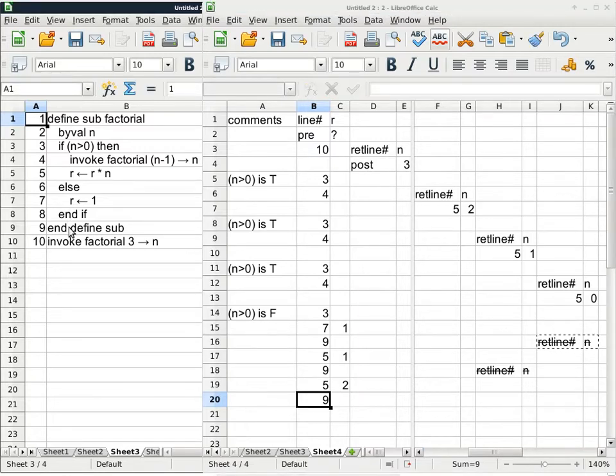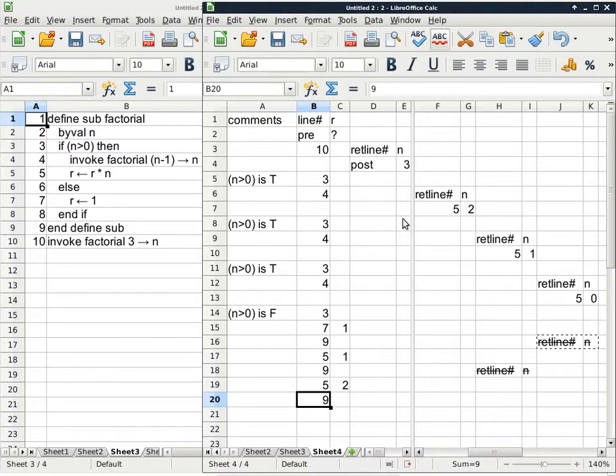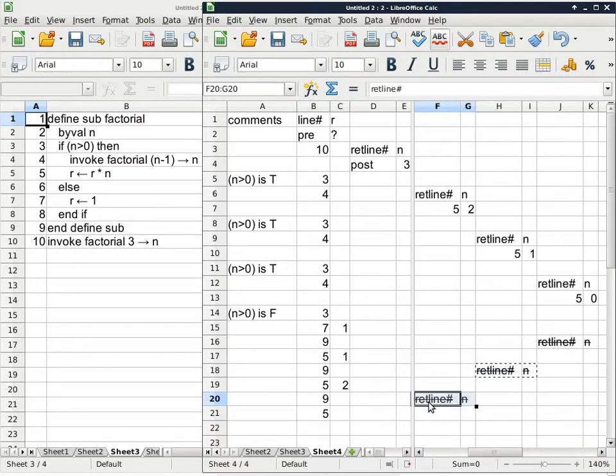When we get to line 9, we do the same thing. We look up the rightmost active return line number, which in this case is column F. It is telling us to continue execution on line 5 again. And then we have no use of these two columns. So remember, when you deallocate, you are deallocating everything that was allocated for this invocation, because this invocation is coming to an end. Okay. So now that we have deallocated column F and column G, we can continue execution on